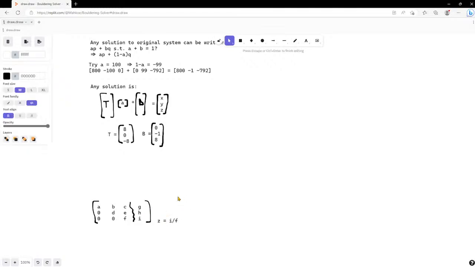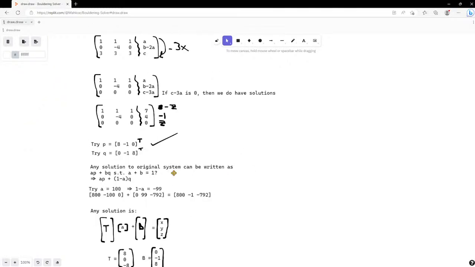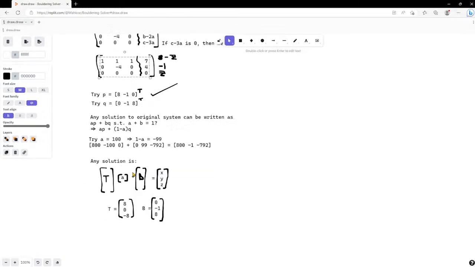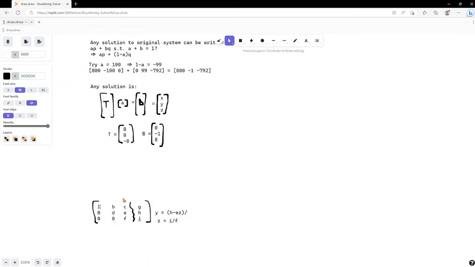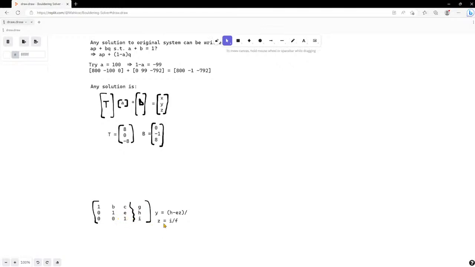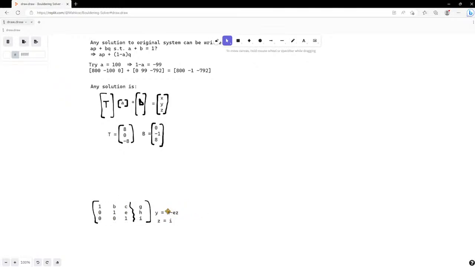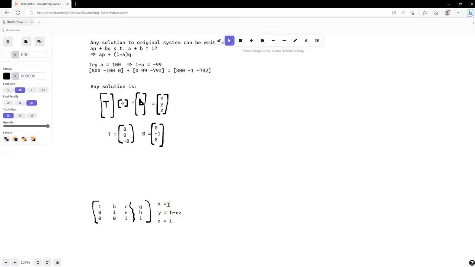And then here we have y is equal to h minus ez over... Oh, something I totally forgot about. I forgot to normalize this row. So actually, in general, these are just going to be 1. Well, not necessarily. It's either 1 or 0, but let's just suppose it's 1 for the time being. So z is equal to I. Y is equal to h minus ez. And x is equal to g minus by minus cz. Or in other words,